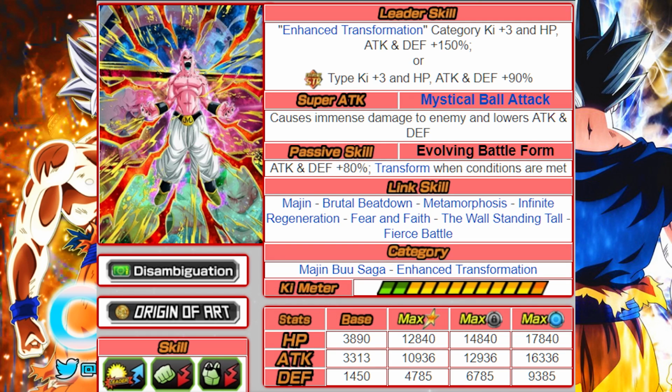So his super attack is a Mystic Ball attack, which has immense and lowers attack and defense. His passive skill, Evolving Battle Form, is attack and defense 80%. His links are Majin, Brutal Beatdown, Metamorphosis, Infinite Regeneration, Fear and Faith, The Wall is Standing Tall, and Fierce Battle. Now, the best thing about him is he does keep Fear and Faith throughout the whole...